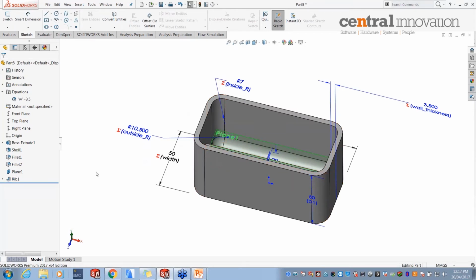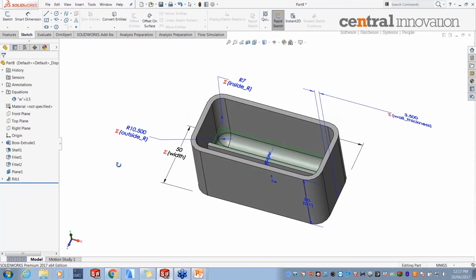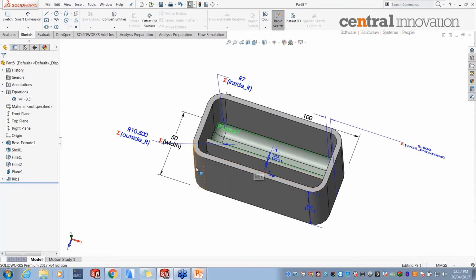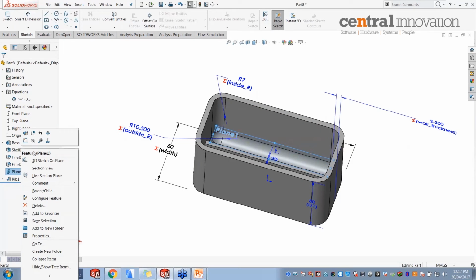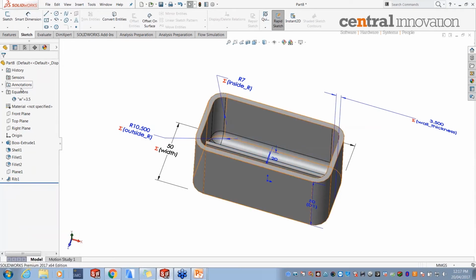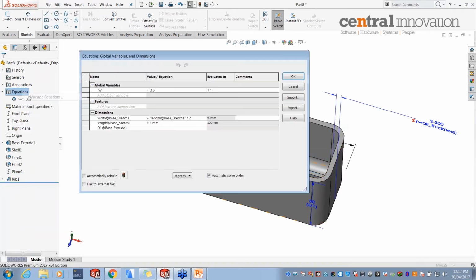So there's a good chance I may have missed out. I could have missed the outside radius value or the rib thickness while changing the wall thickness. So this way, if you have linked it properly, the moment you modify a single global variable, everything else changes accordingly. All right. So if you were paying attention, you may have noticed in the equation manager, there's another section